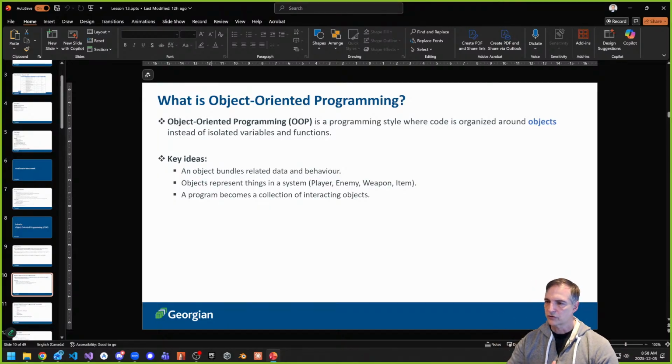The two commercial game engines that we use right now here at Georgian, Unity and Unreal Engine, both use object-oriented programming. And here's the controversy. Do you need it? I will talk about why some people may say you don't need it, as an example. Or it's really, really fat, and I mean fat from a memory perspective. There might be that discussion as well at some point when we're here at Georgian. But our two commercial game engines, Unity and Unreal Engine, both use it. So you need to learn this kind of stuff. Especially now, as you're programming your game, you're going to see more and more. You need to understand what classes do and how they work.